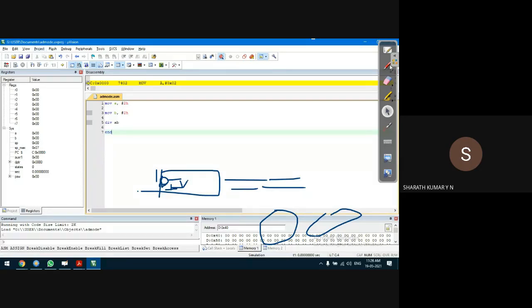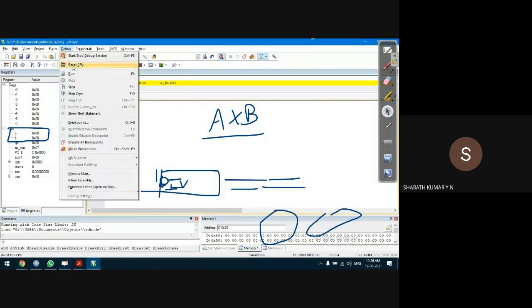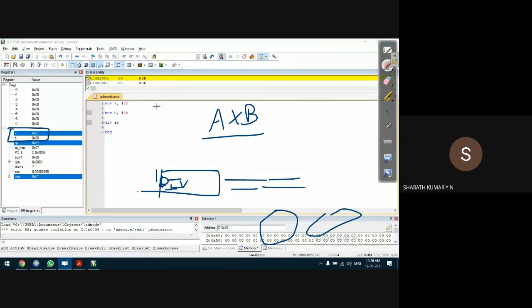The locations to observe are A and B. Both A and B content will change. In multiplication also both A and B content change. Similarly, in division both A and B will change. Quotient goes to A and remainder goes to B register. So debug run, 2 by 2. Quotient is 1 and the remainder is 0.